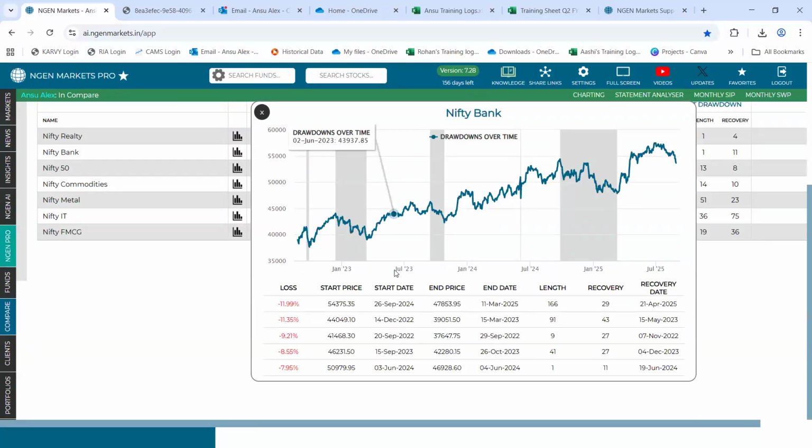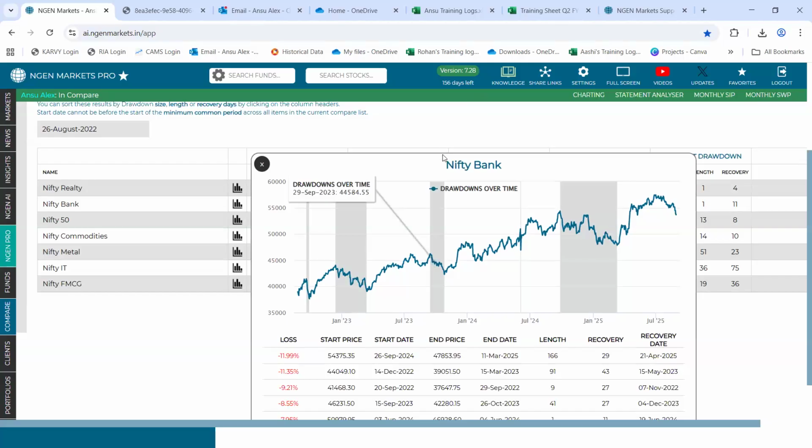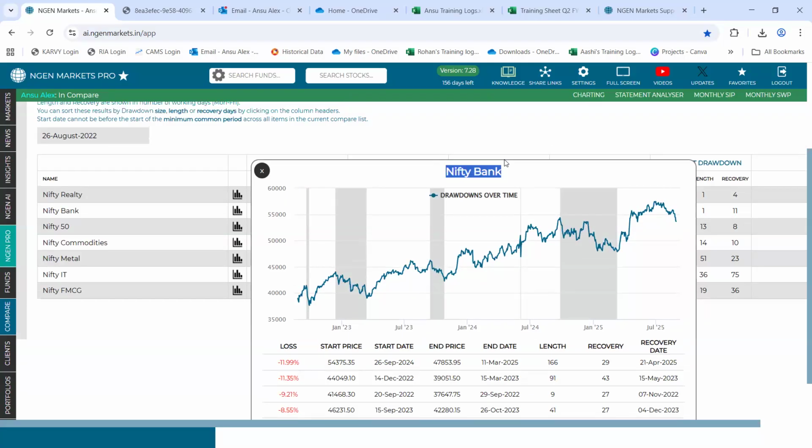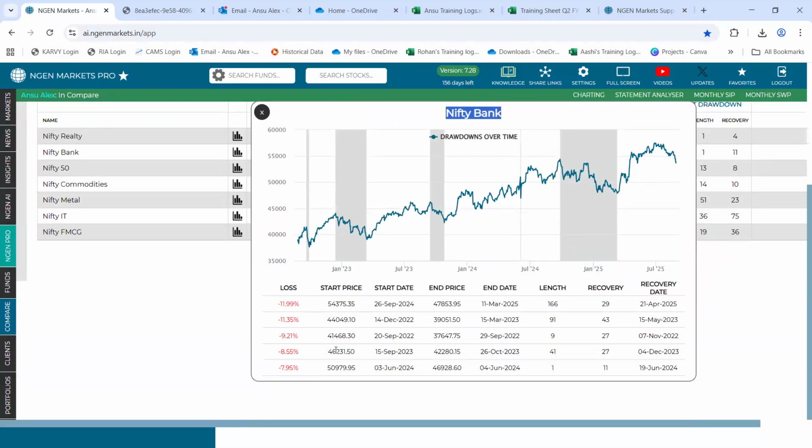Right here, it gives you an explanation of drawdown for Nifty Bank. It says that for this sector, the loss was to an extent of 11.9%, wherein the Nifty Bank, which was at a level of 54,300, fell down and reached a level of 47,800.